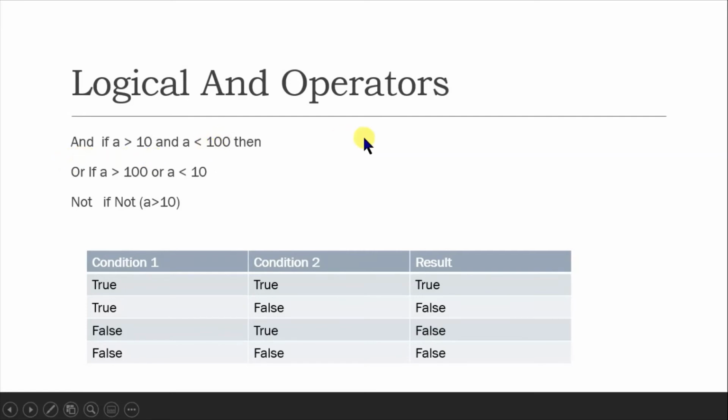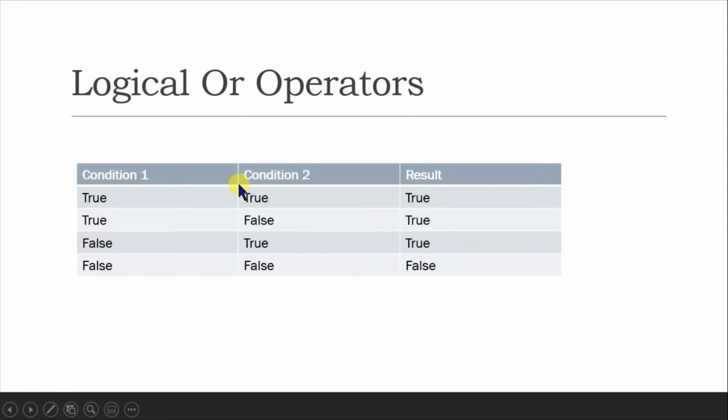So when we write it like this, AND means we are checking two conditions. Now there's a truth table. You need to understand condition 1, condition 2. If condition 1 is true and condition 2 is true, and we are applying the AND operator, it means both conditions are true, so the result will be true. If only one condition is true, the result will be false, because both conditions must be true in the AND case. Fine. If both are false, the result will be false. False means it will go into the else part. True means it will go into the then part. Okay, got it? Let's move on to another operator, which is OR.